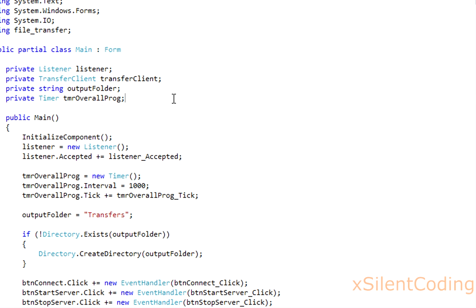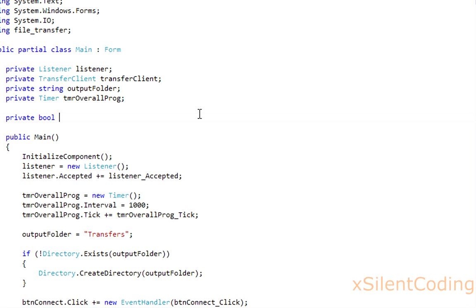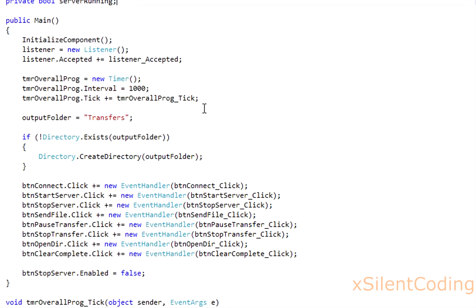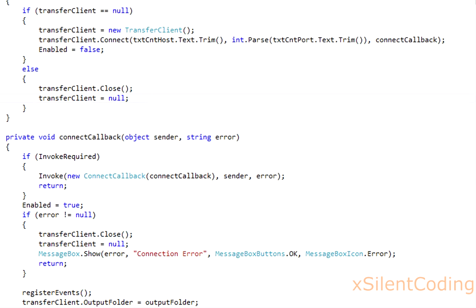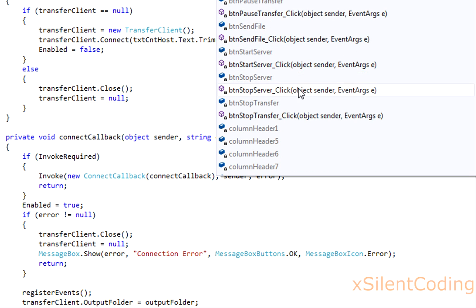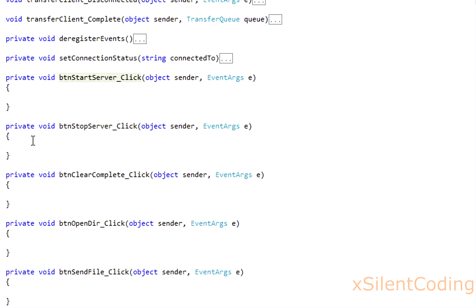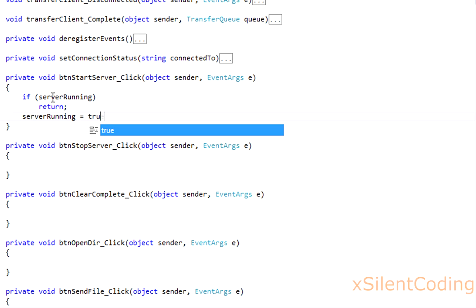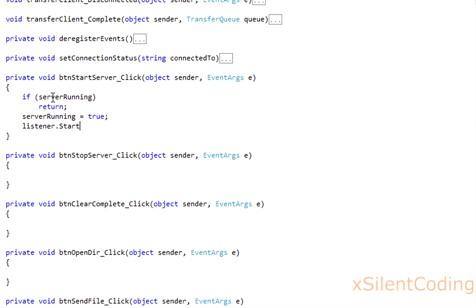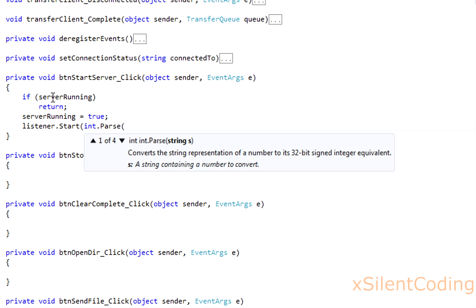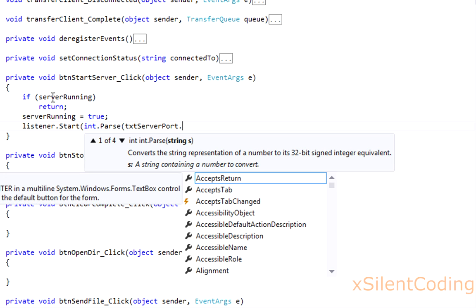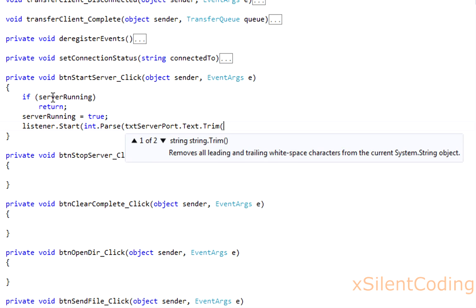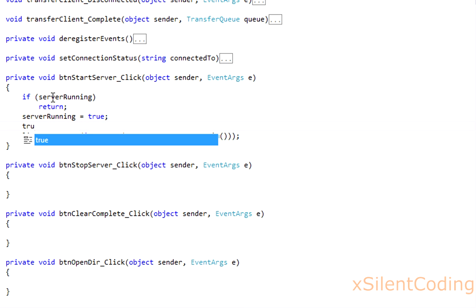Right, now let's set up our server code. Go back up and add another variable, private bool server running. Now head down to btn start server, and if server running, return. Server running equals true, listener dot start int dot parse txt server port dot text dot trim. And a try catch